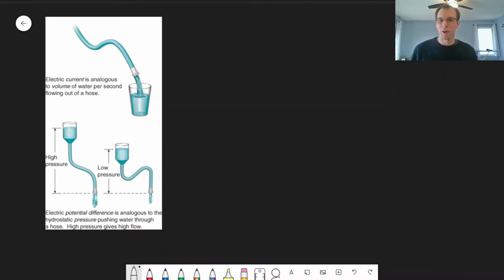As we keep thinking about current and voltage, I just wanted to make sure to include this figure from your textbook, which I think is very useful for helping to think about this in terms of water instead of electrons, but we have similar sorts of ideas that we think about. So if we're looking at a hose, for example, the electric current would be like the flow of water through